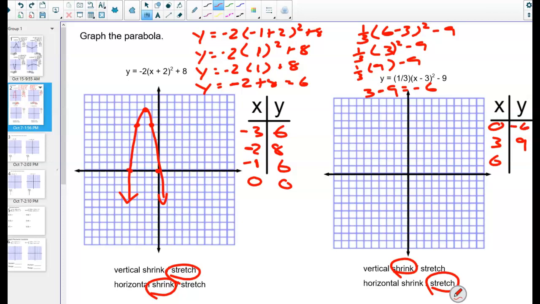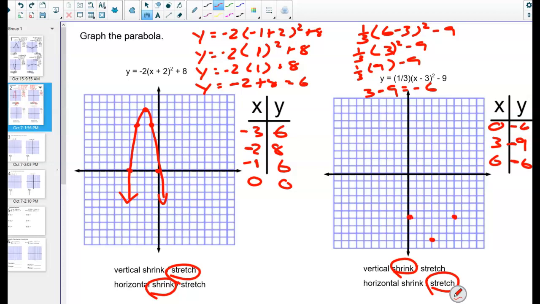Oops, I'm sorry. 3 minus 9 is negative 6 here. Quick mistake that we can fix. My vertex is 3, negative 9, not 9. Okay, hopefully everyone sees that. The vertex here, the 3 makes the parenthesis here equals 0, and the negative 9 left over. All right, so my points, 3, negative 9, 0, negative 6,